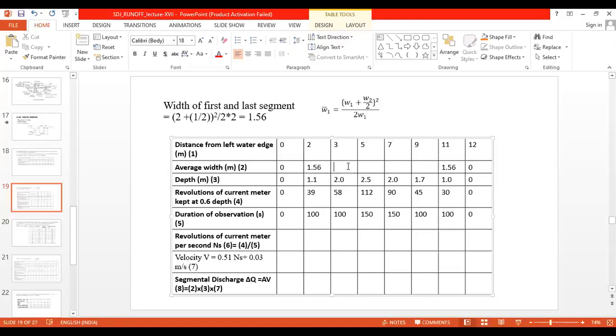it will be half of the left hand side plus half of the right hand side. Half of the left hand side: 2 and 3 is the left hand side for this calculation, so that is 1 meter. Half of 1 is 0.5. And on the right, 3 to 5 is 2 meters. So half of 2 is 1 and this 0.5, so it will be 1.5.